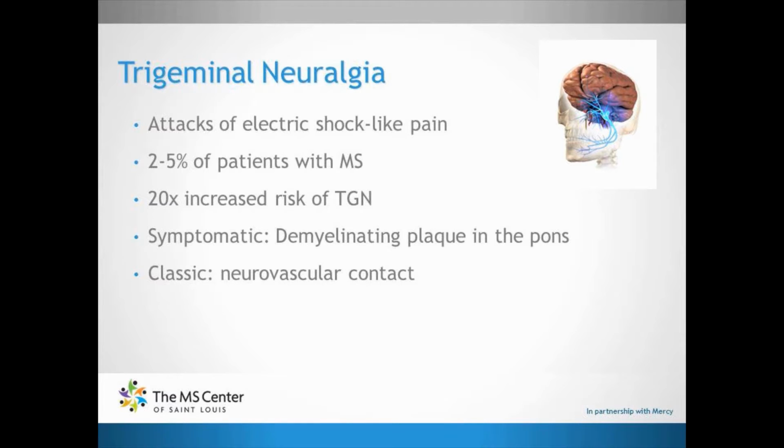But MS itself poses a 20 times increased risk of having trigeminal neuralgia above the regular population. And it's due, again, to demyelination in that part of the brain. It's called the brainstem, where cranial 5 comes out. And we'll see that in a moment. There are other people unrelated to MS, or even if you have MS, who also get trigeminal neuralgia. And we call that classic trigeminal neuralgia. That's when there's a blood vessel just touching or pulsating against that cranial nerve 5, and it can irritate it